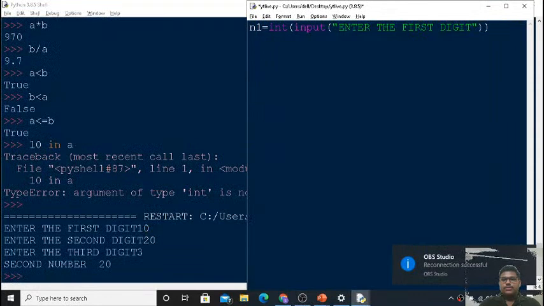Okay, sorry, my OBS Studio got disconnected and again it's connected, so you might be facing some buffering and all. Just a second. Okay, so